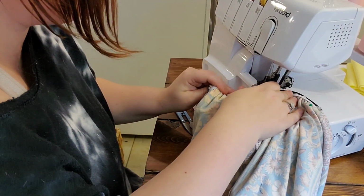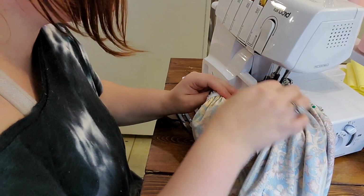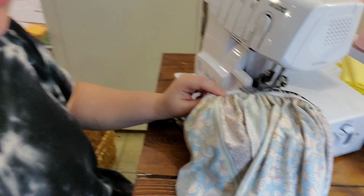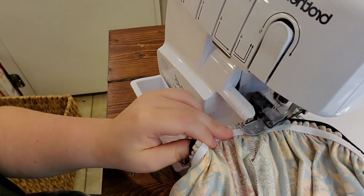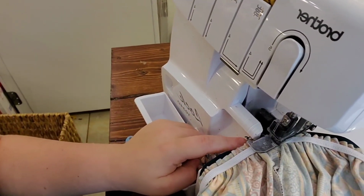With the serger, it's really important that you don't sew over your pins because this thing has a blade on it. And so what I'm doing is I'm just gonna serge. You can see I have my knife. Once I get started here, let me get started. I have my knife right here